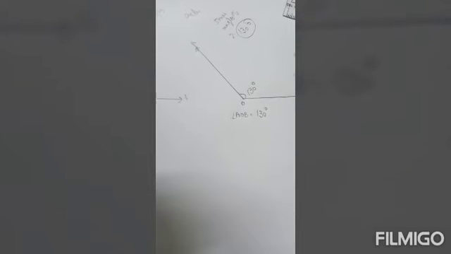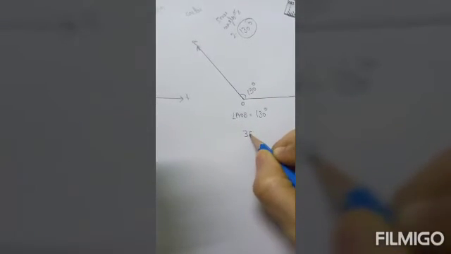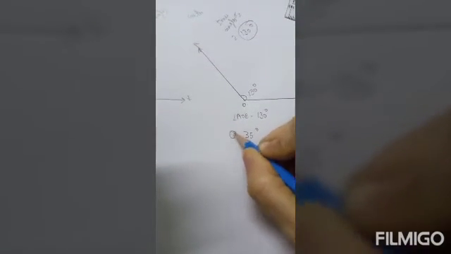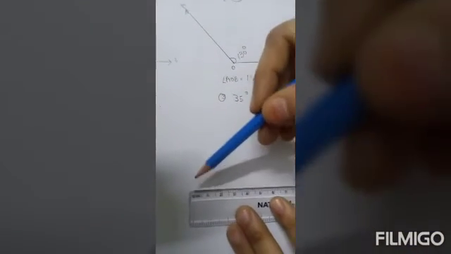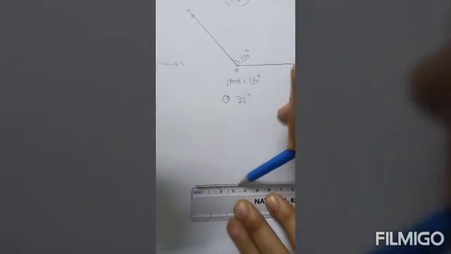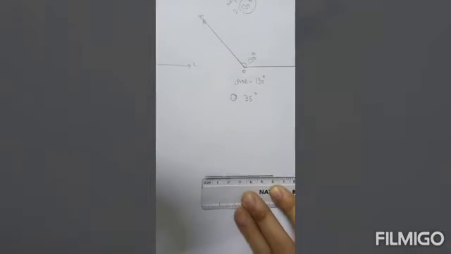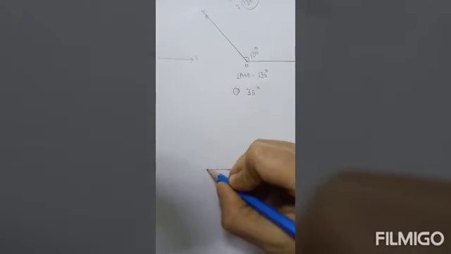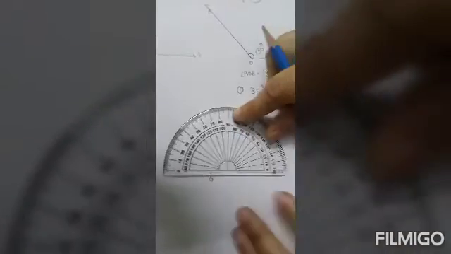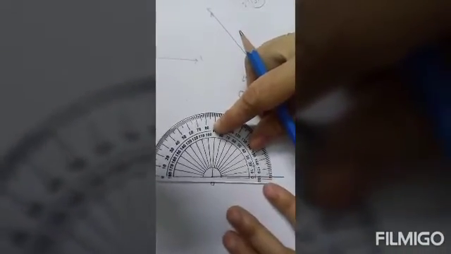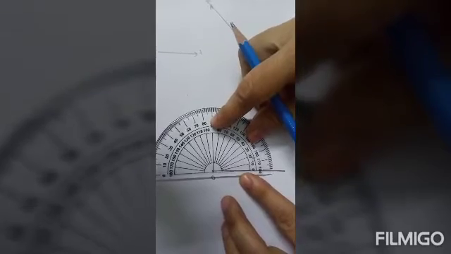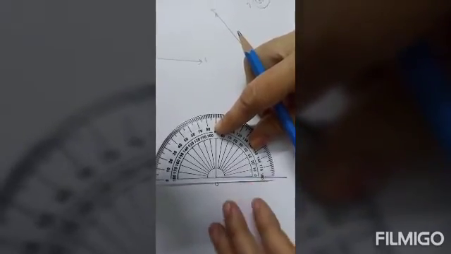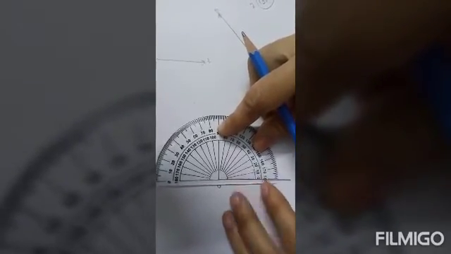Okay. One more example I want to give you. For example, you have a 35 degrees question. Draw it again with any measurement. This time I am taking 6 centimeter, so 0 to 6 centimeter. Again at the center I kept O. Again with the help of the protractor I am keeping it as a base like this. And then I am marking 35 degrees.